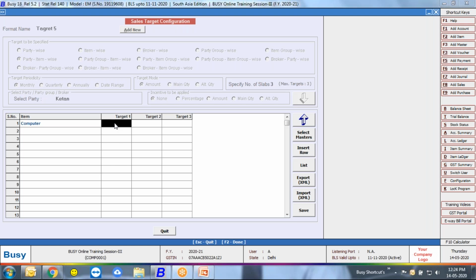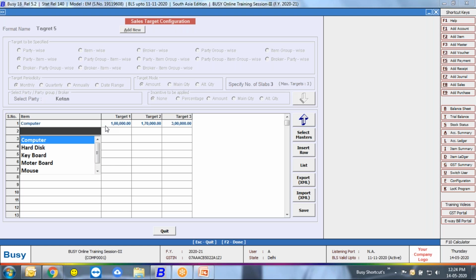I said, sir, 1 lakh rupees. If I sell 1 lakh rupees of computers to Ketan, my target one will be achieved. What is the next one? I said, sir, 1,70,000. And what is the last target? I said, sir, 3 lakh rupees.